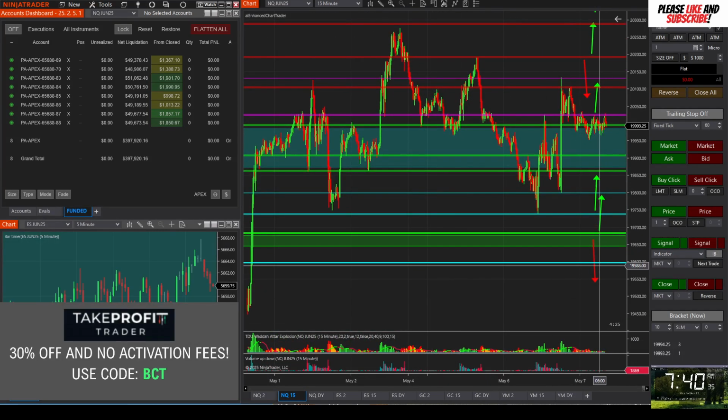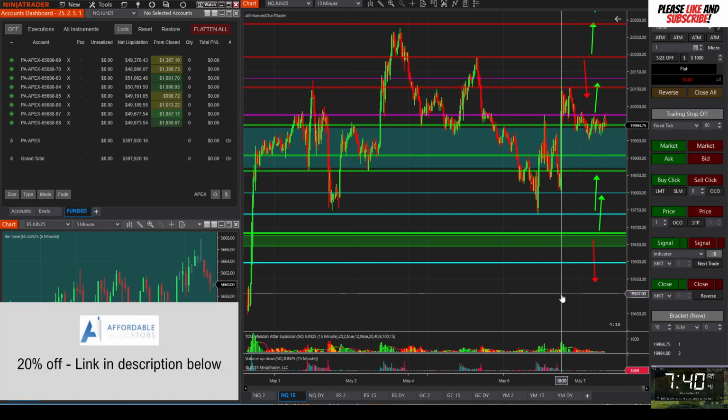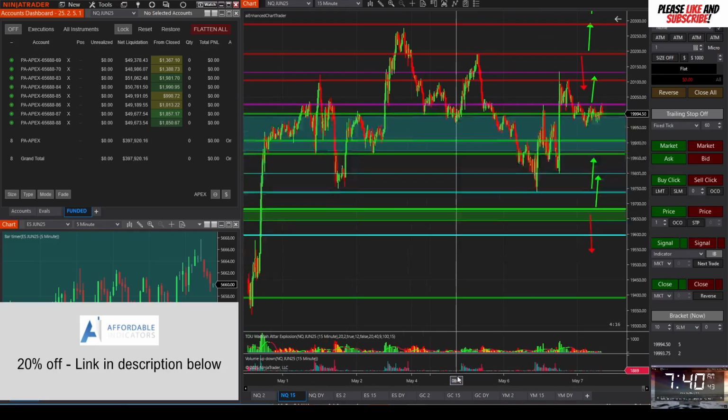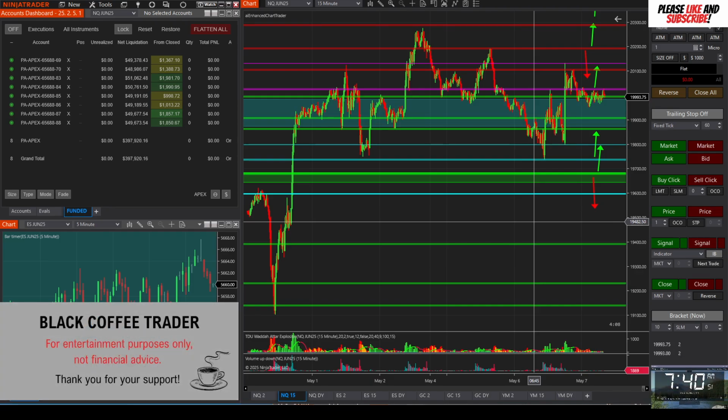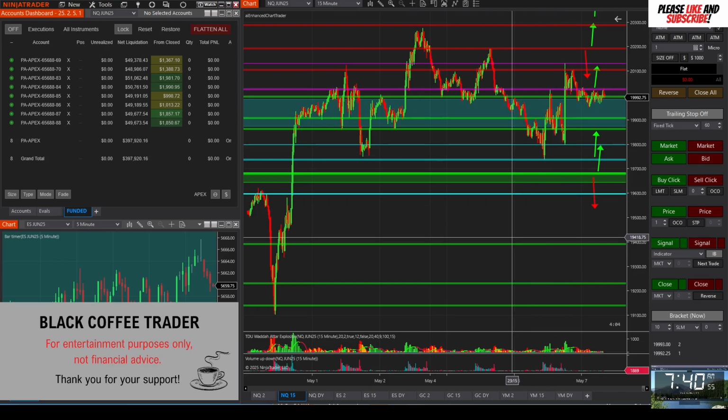If we fall below the daily 50, you could almost duplicate this and put an arrow, a short setup down below. Once we get to ES, you'll see a little bit more clarity. I think this will probably hold. I really don't see this happening, but again, the market is good at proving us wrong. In any case, that's the trade plan. I really want to stick to this.